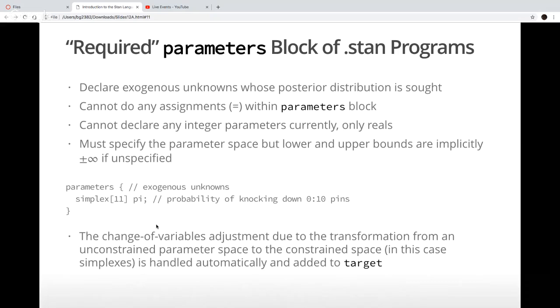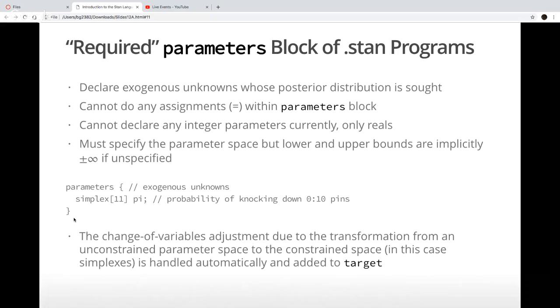Because I said it's a simplex, that implicitly says all the elements are between 0 and 1, but moreover, they sum to 1. So this is a valid probability mass function for knocking over pins in frames of bowling. Again, I need this to be 11 in order to give me a probability of knocking down 0 or 1 all the way up to 10.